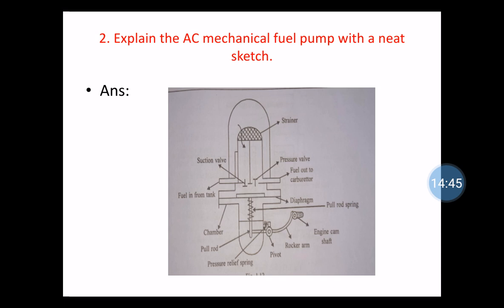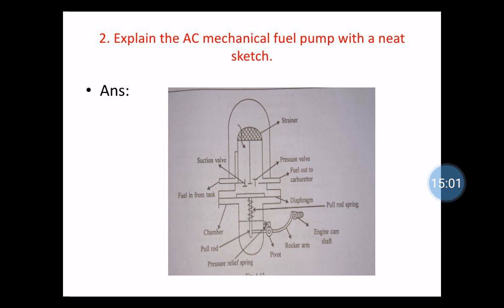Now next question, explain the AC mechanical fuel pump with a neat sketch. So the sketch is shown here. So what are the different components of this